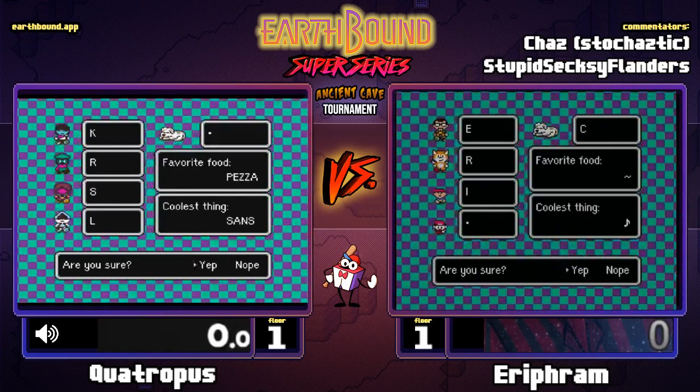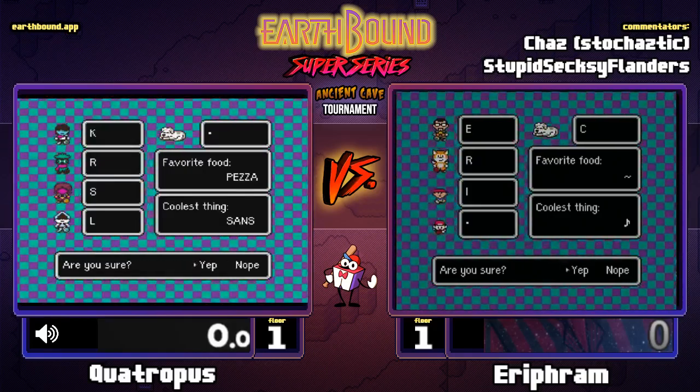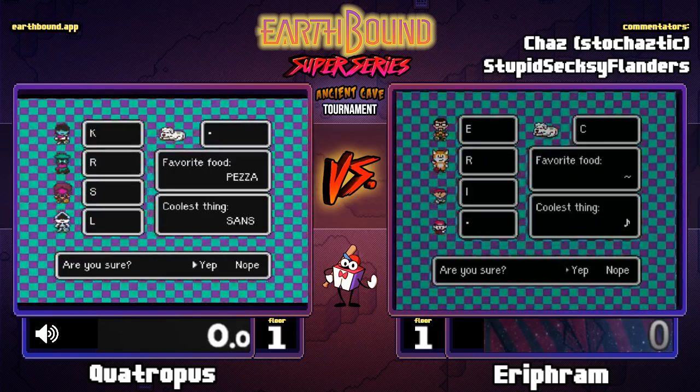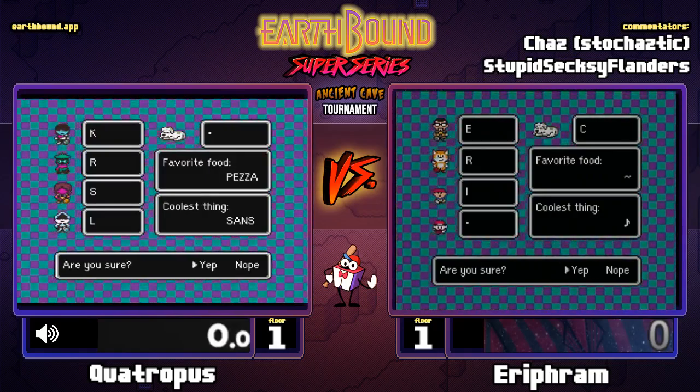And we are ready for our second match of the night between Quatropus and Eriphram. Yes, I believe this is our fourth match at this point, yes? Yep, once this is done, everyone except Ari will have had their first match. Ari with the bye for getting the first seed. Well, kind of the bye. It doesn't actually work out that way, but...